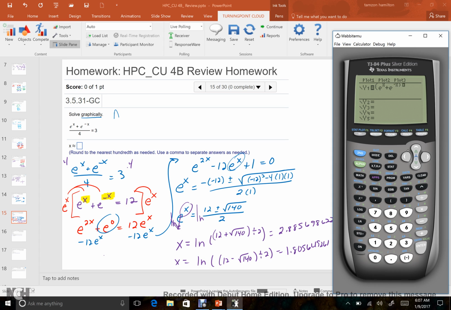My calculator, got to arrow off the exponent. Divided by 4 is the left hand side. For the right hand side, you have y equals 3. So if I hit graph,